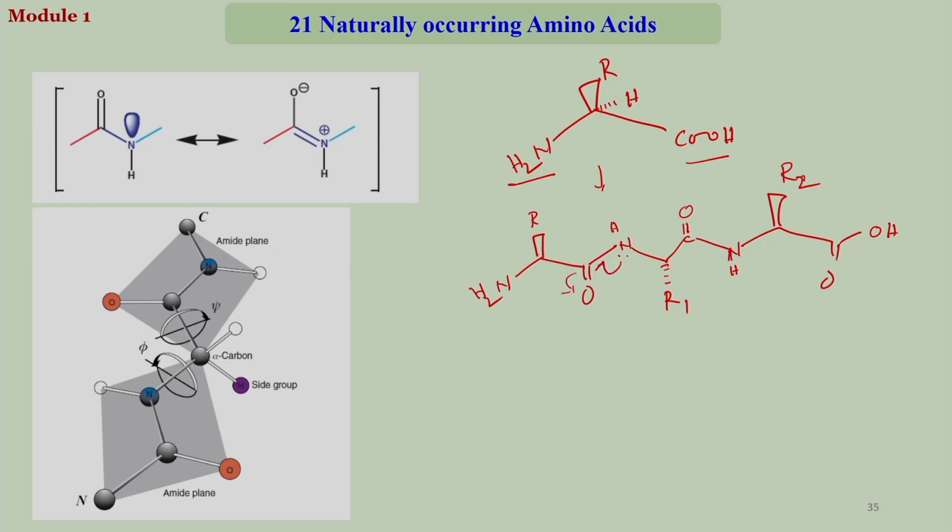So, if you look at the peptide structures, you see that this bond has a partial double bond character, and apart from this bond, other bonds like this and this, or this bond and this bond here, have pretty much a single bond character. So, ideally, if you look at the backbone of the peptide or the protein structure, there are plenty of